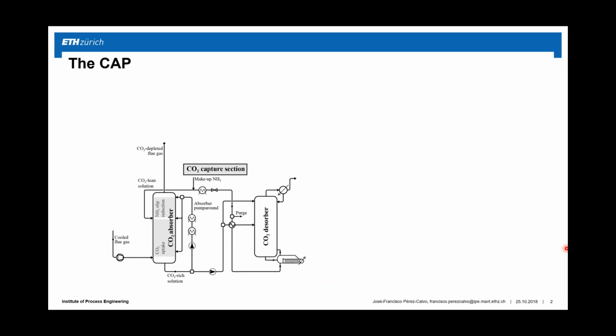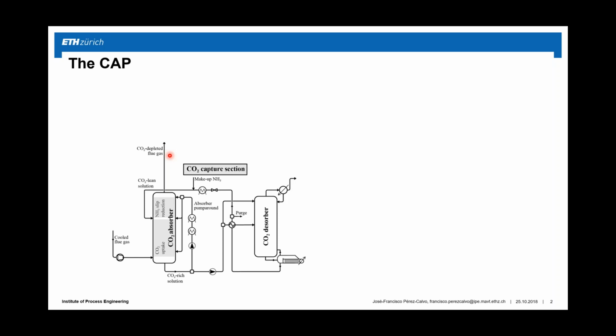The chilled ammonia process is a tail-end capture technology in which the flue gas coming from the cement plant enters the bottom of the CO2 absorber. The CO2 is captured by means of aqueous ammonia solution, which flows down along the CO2 absorber. The CO2-rich solution is sent to the CO2 desorber for regeneration, and a part of the CO2-rich solution is split, cooled, chilled, and sent to the top of the CO2 absorber in order to limit the ammonia concentration in the